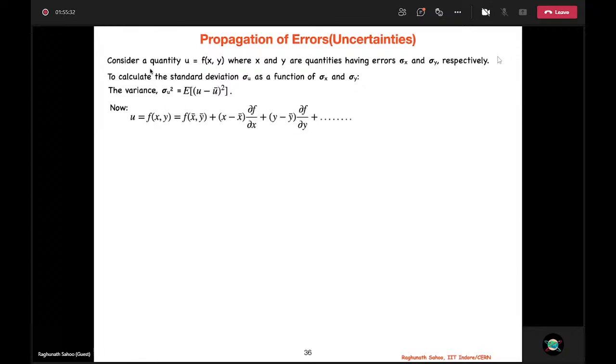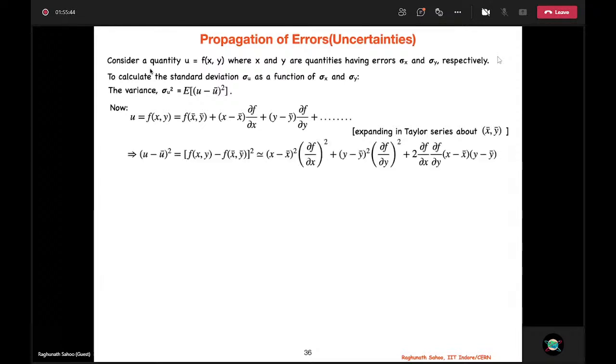Now I can write my u, which was f(x, y). This can be made a Taylor expansion around your mean values x bar and y bar. This is written in this way, as you can see, and I rearrange it. To calculate (u minus u bar) squared with approximation, you will find this can be written up to the second order like this. Now if I take the expectation value of both sides and look into them,